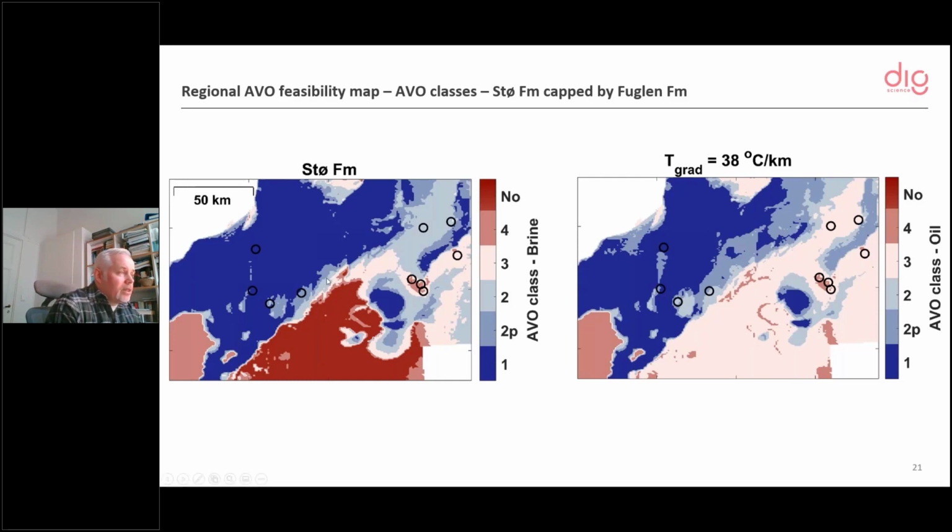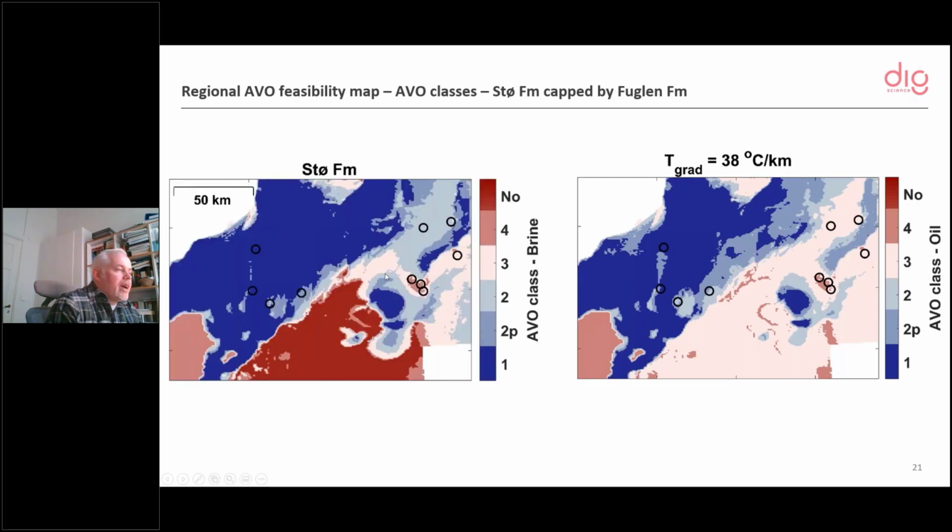And what you see here is interesting, first of all, is that the AVO classes change drastically even for one fluid. So the geology is really controlling the changes of the AVO classes, much more than the fluids. But there are also interesting changes going from brine to oil in certain areas, whereas in some areas there is no change. For example, in the fingertip here, it stays at class 1 in both. So you have probably a much stiffer, more cooked rock than in the hoop area.